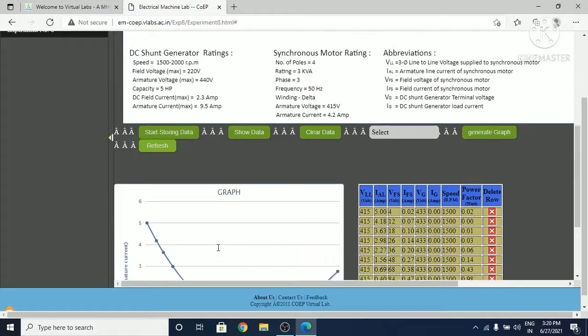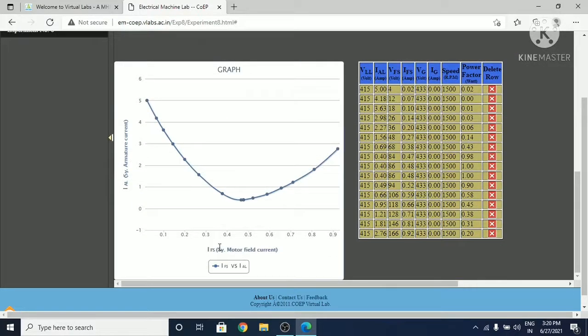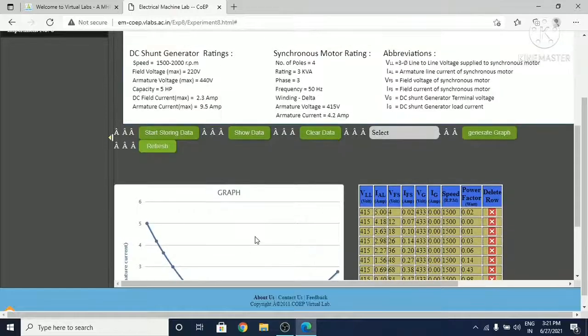I think you understand very clearly. Just keep in mind that armature current is directly proportional to motor field current at the leading power factor, whereas it's inversely proportional under the lagging power factor. We obtain the minimum armature current at the unity power factor, but in low excitation and high excitation, we get the maximum armature current. So this is the conclusion, and now we will see the loaded condition.